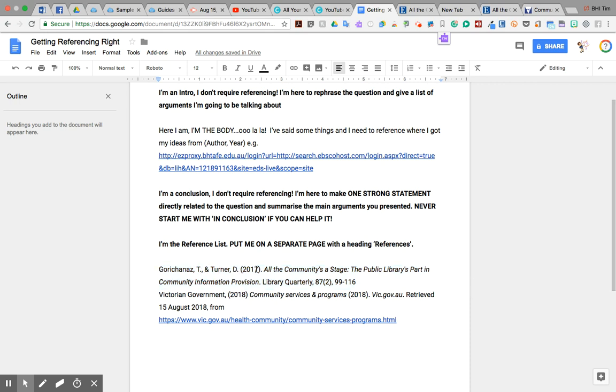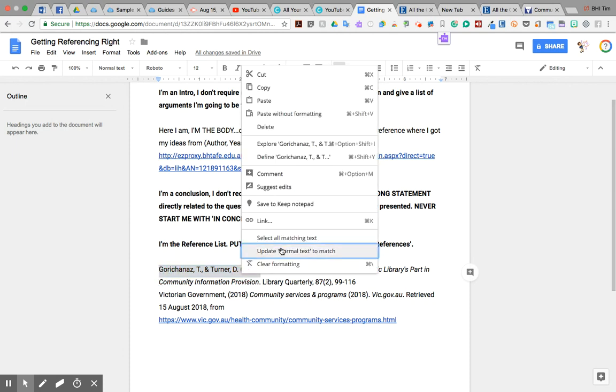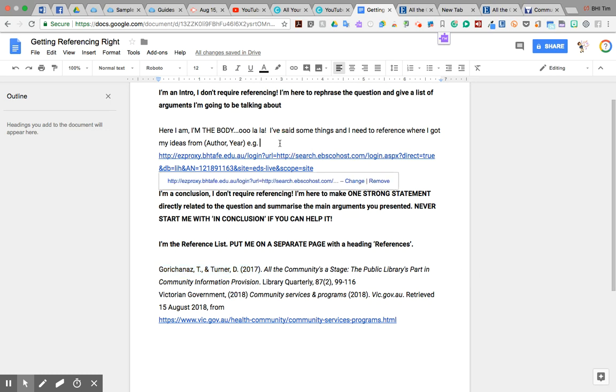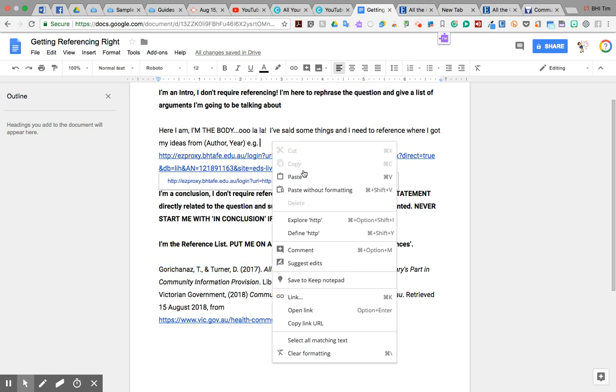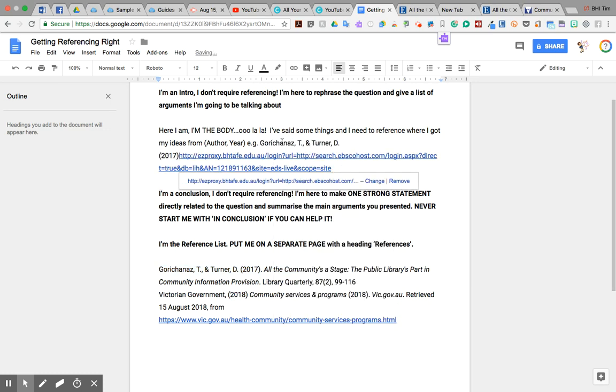And it's not even 100% correct, because when you paste that, it won't have the italics in there. So you've done this, it's still not 100% correct. But for the in-text reference, all you need is this first part. So you copy it, you paste it, and then what you want to do is just leave in the surnames.